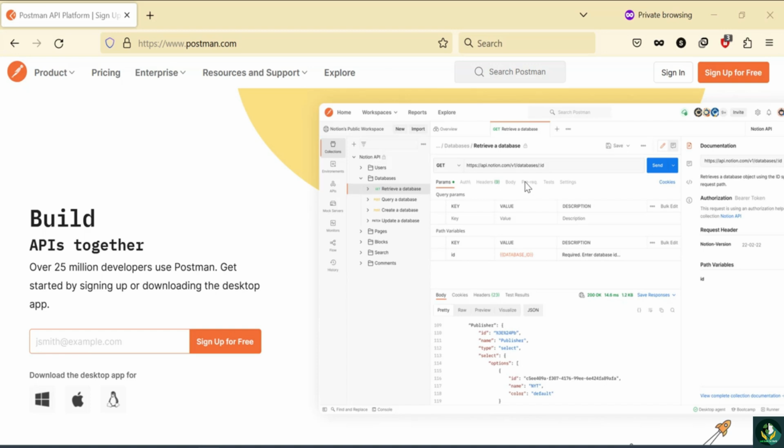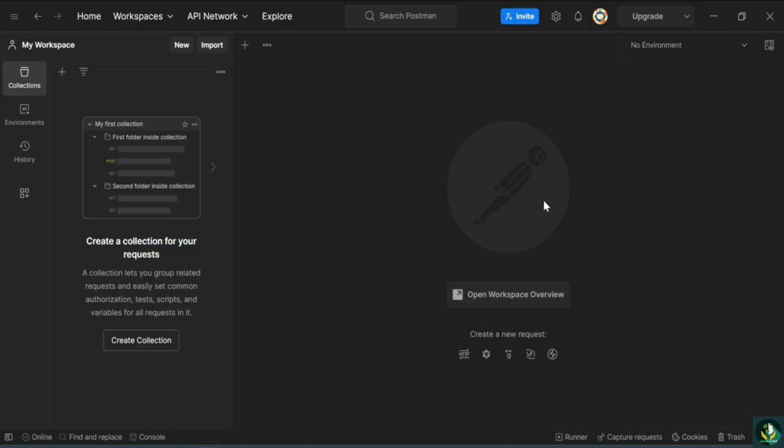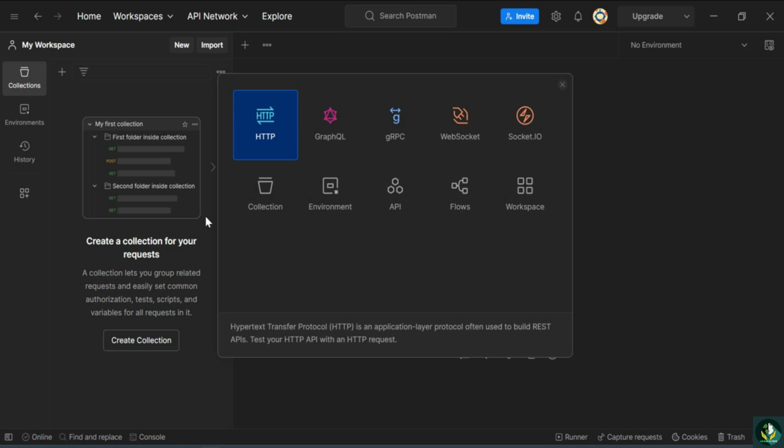So visit postman.com on your browser and then download Postman on your device. After downloading and installing Postman, this is the screen that you should be presented with. If Postman asks you to sign up, create a free account so that you can access your API code later on other devices. After this screen is shown to you, click on New,